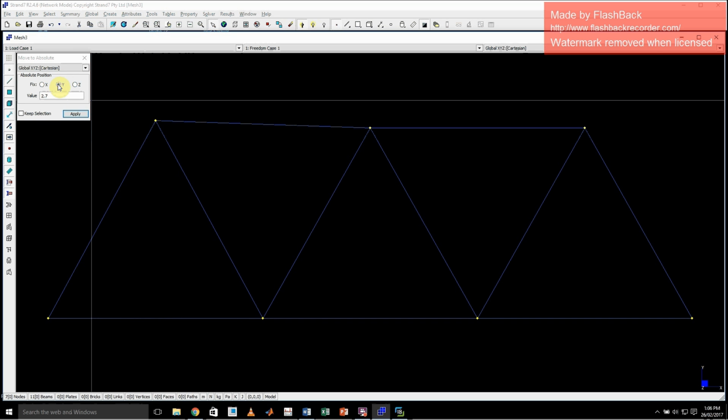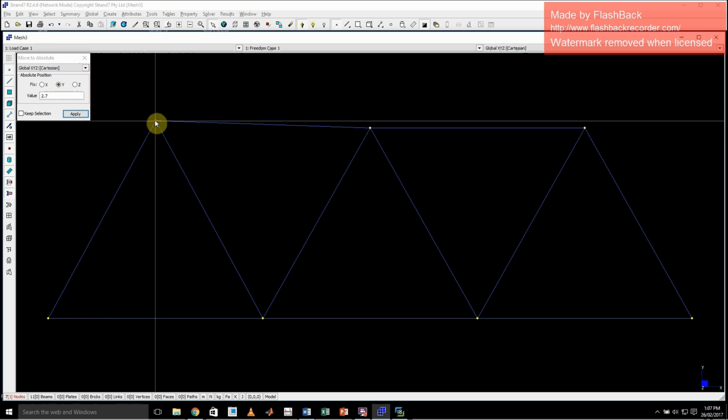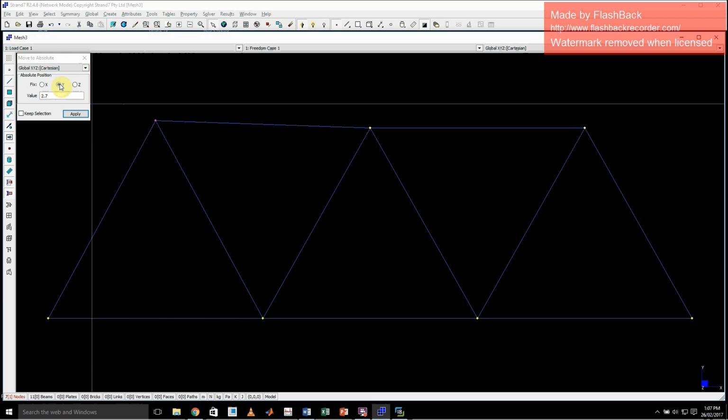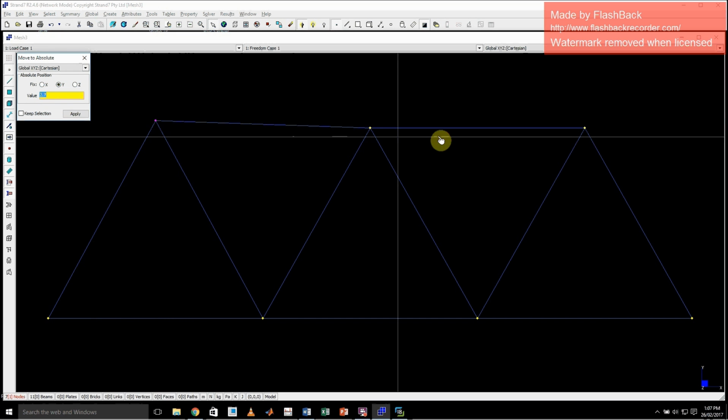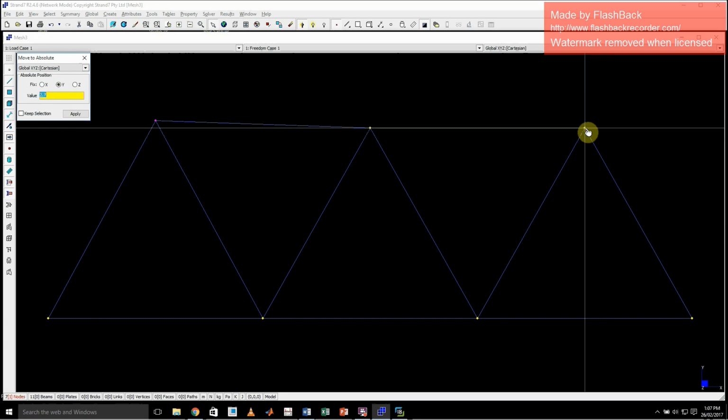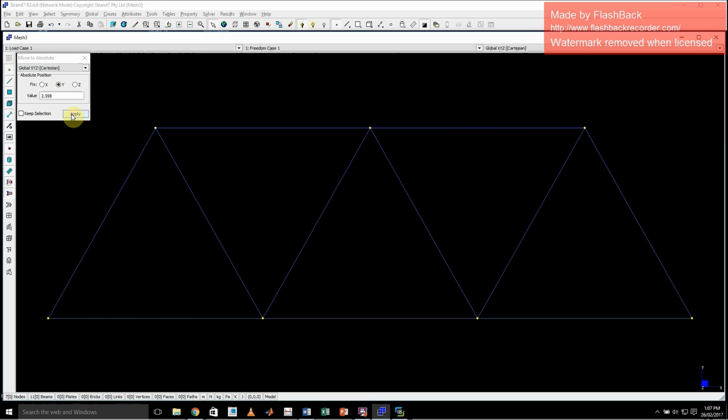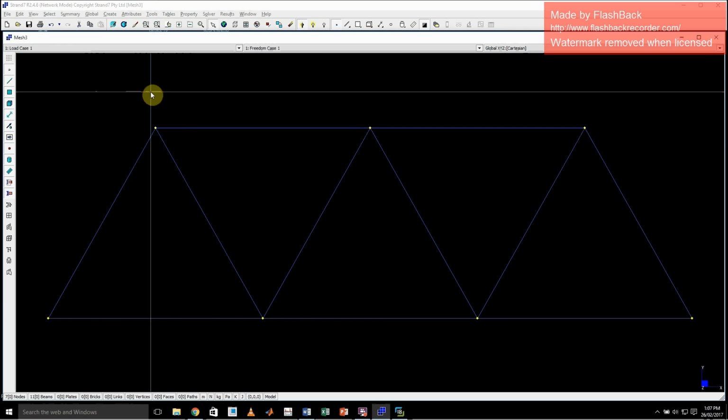There is one more really useful thing to do here in the move to absolute, and that's to say I want this node and I want to move it to the Y of, you can come in here and select another node. So I want to move it to the Y location of that node. Apply that, and it will line things up for you really, really easily. Super useful tool again,